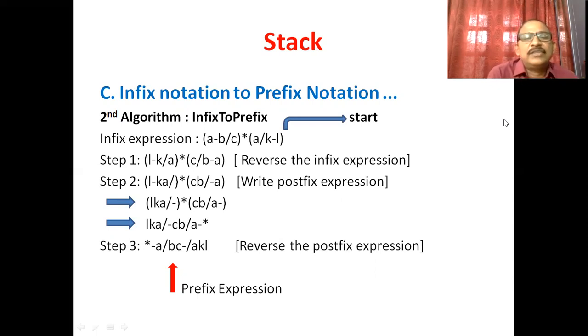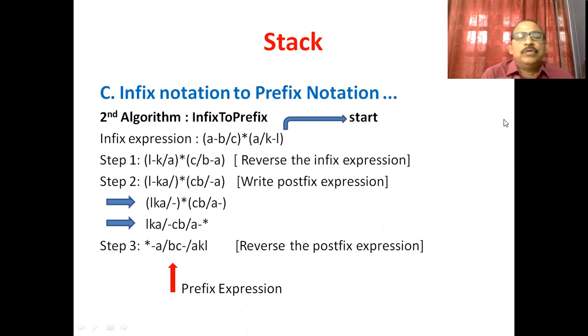Now in next step there are two operands in the bracket. One is the L, next is the KA followed by the division operator. So first we write the operands. So L, K, A, division operator followed by the minus operator into C B followed by the division operator followed by A minus.